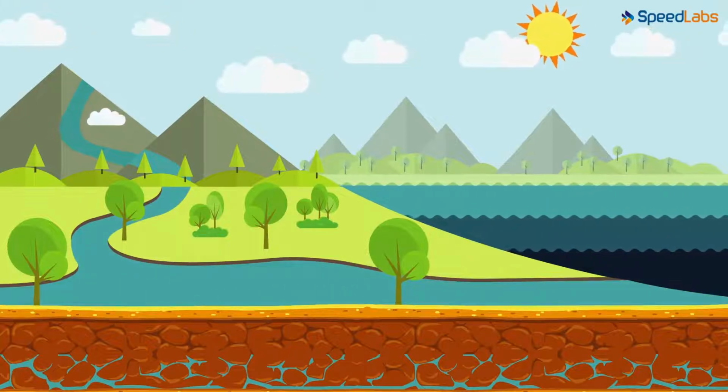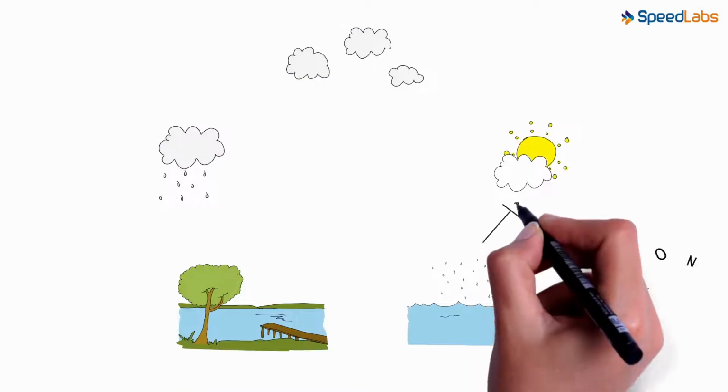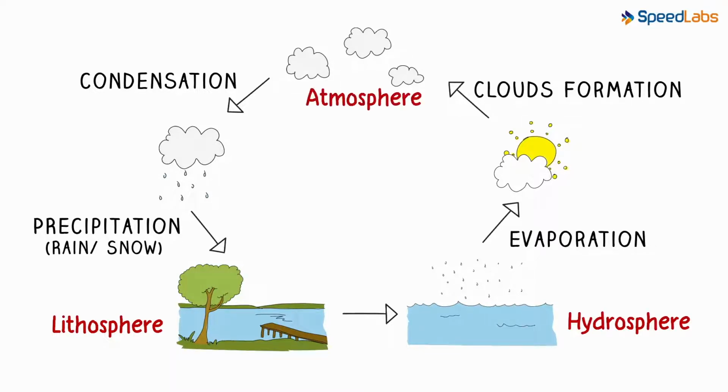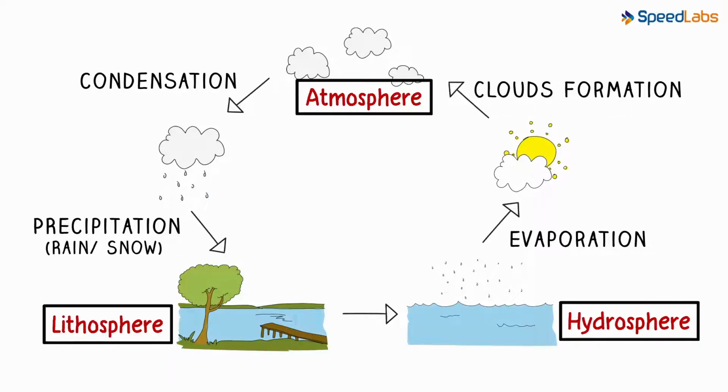It seems as if a water molecule has a long way to go before finally meeting the sea. Where all did the water molecule travel? It met the soil and the underground water, that is the lithosphere. It traveled through the hydrosphere in the rivers and the seas, and it even entered the atmosphere as clouds. Wow, it made its way into all three spheres.